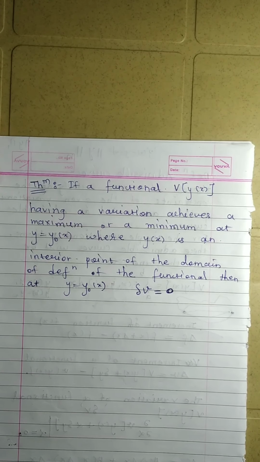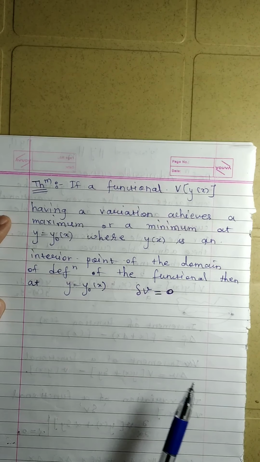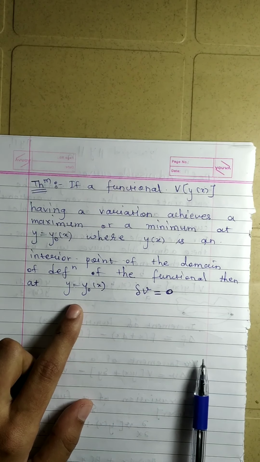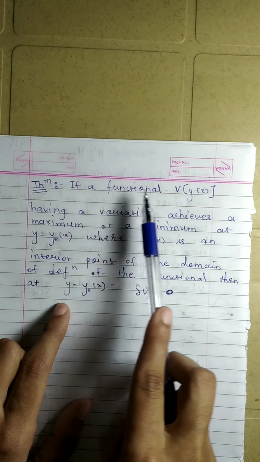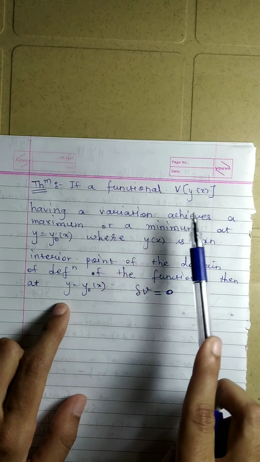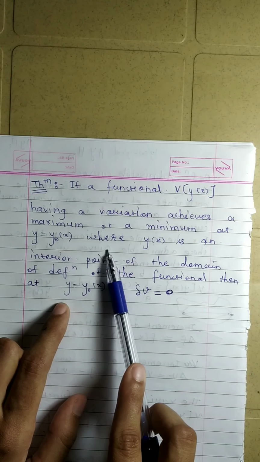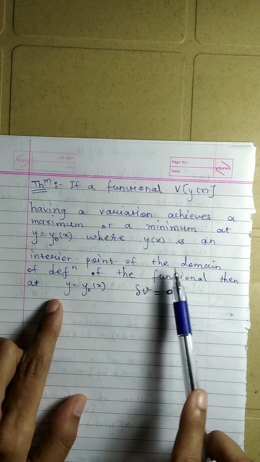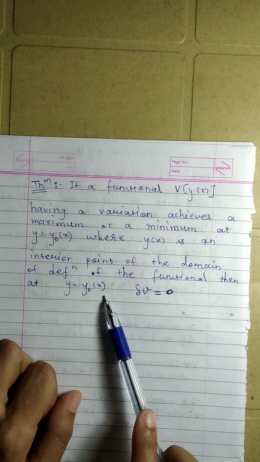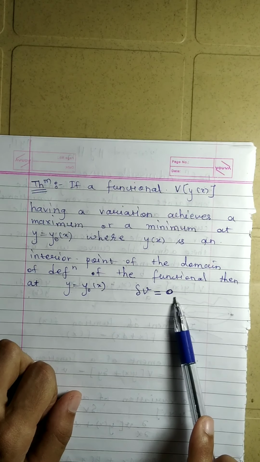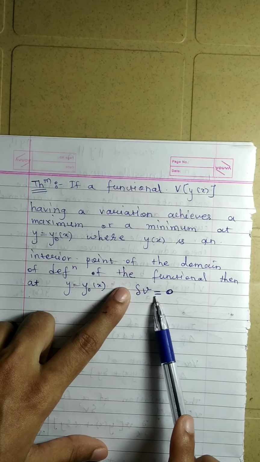Having seen the definitions of extremums, when we say that a functional is achieving an extremum on a curve y equal to y naught of x, let us see what happens to the variation of the functional at y equal to y naught of x. If a functional V[y(x)] having a variation achieves a maximum or minimum, that means the extremum, at y equal to y naught of x, where y of x is an interior point of the domain of definition of the functional, then at y equal to y naught of x, delta V is equal to 0. But what is delta V? Delta V is the variation, and this variation is equal to 0